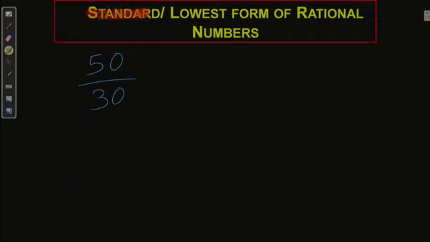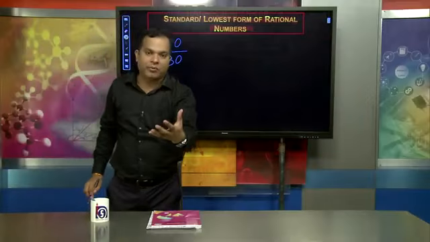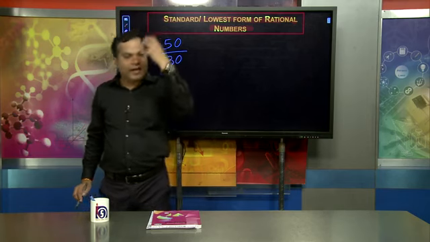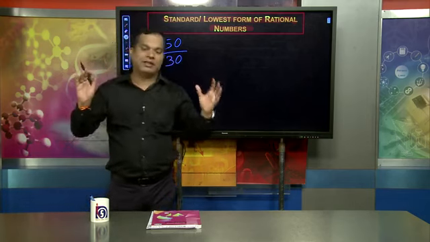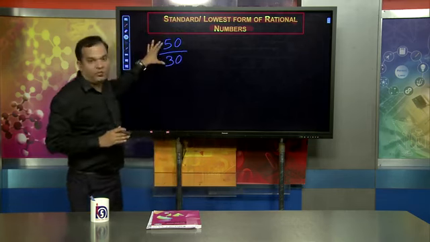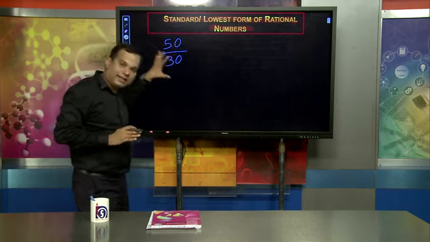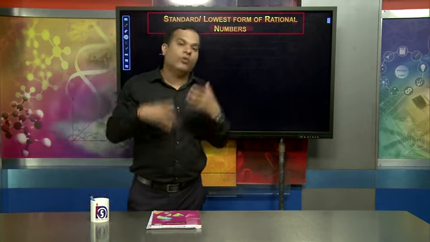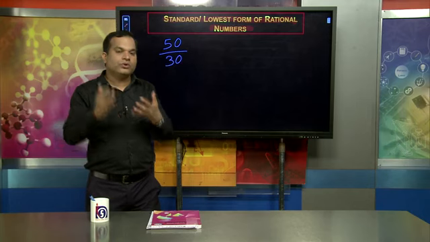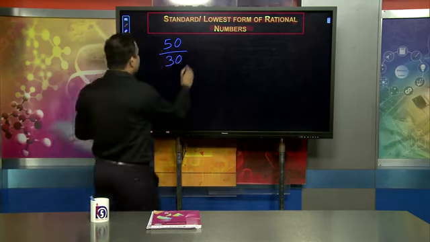When talking about the standard or lowest form of a rational number, a rational number is always written in its standard form, or lowest form. In examination, in your day-to-day life, in every aspect, a rational number is always written in its standard form or lowest form. Otherwise we cannot say it is the standard form of a rational number, though it is a rational number. It is a rational number, but I cannot say it is the lowest form of the rational number. When should I say it is the lowest form or standard form? If a common quantity,